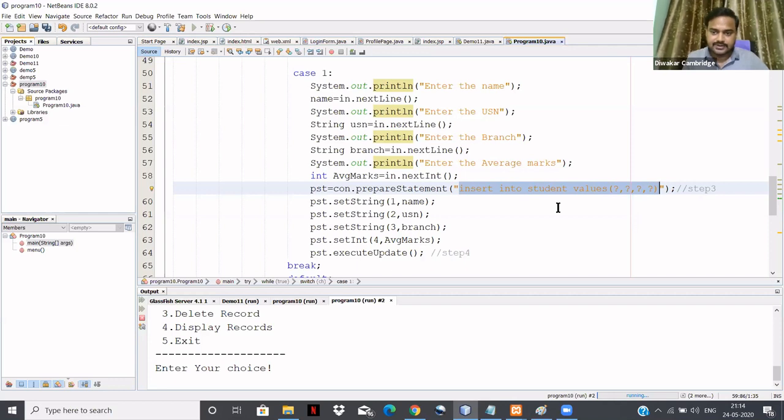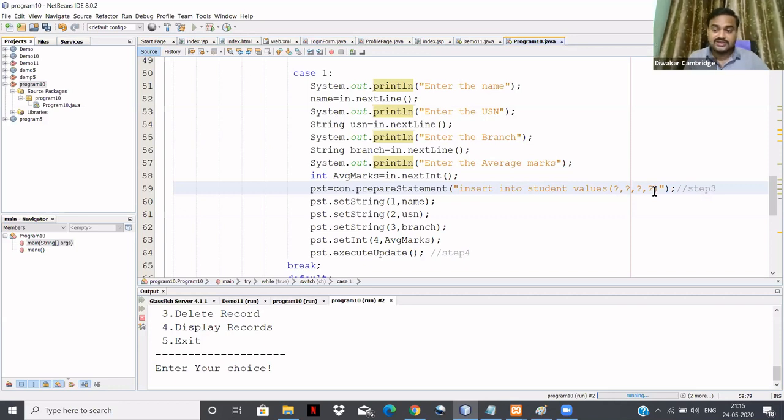When you're going to use the prepared statement and when you're going to use the statement? When you want to execute parameterized queries, then you use the prepared statement. Parameterized queries means what? Parameters. Just like the question mark is there, this is called a parameter, right?